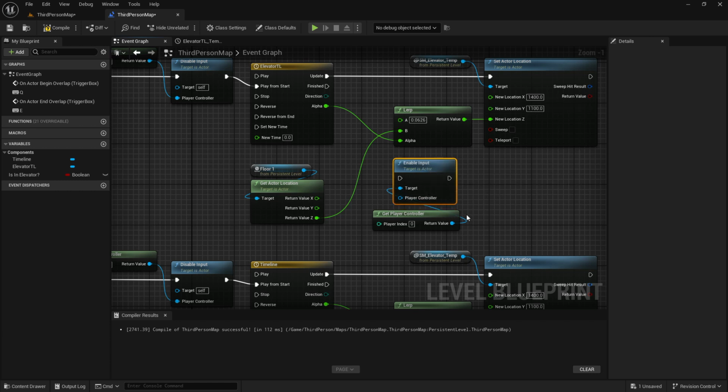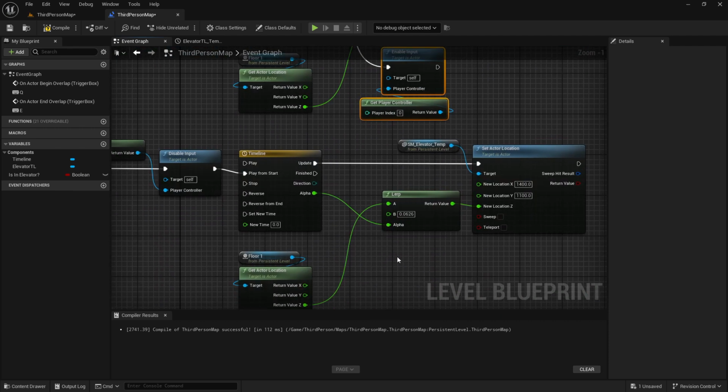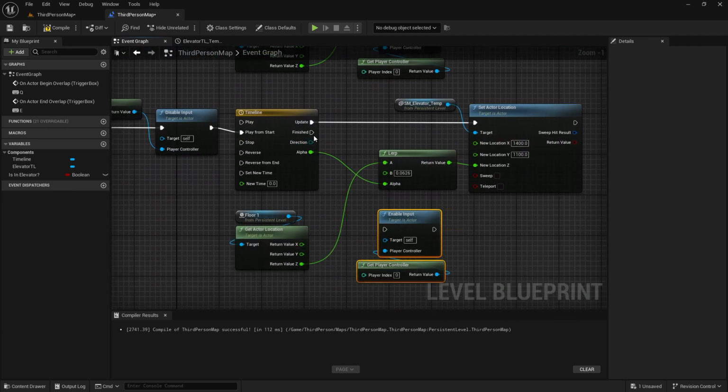If we drag a wire from player controller and get the enable input, it just connects the wire to target. So we have to change the wire into player controller and connect this finished node, copy and paste,